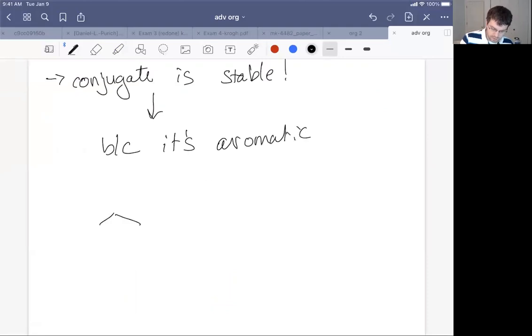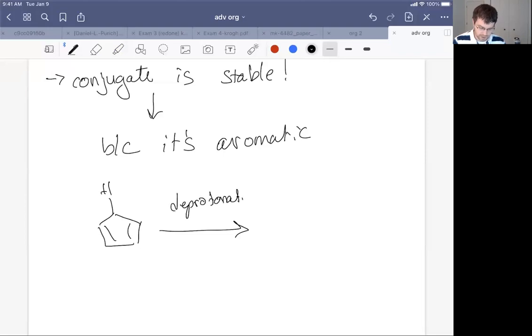So when we try to remove a run-of-the-mill carbon-hydrogen bond, the molecule typically says no, because it would form something that's very unstable, a carbon anion. But if that carbon anion forms an aromatic system, so this is non-aromatic, whereas if we let some sort of base,